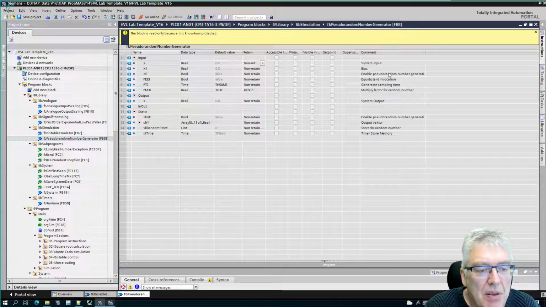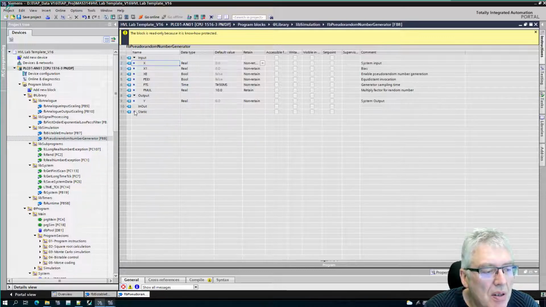Here you enable. If it's not enabled, the input is passed through to the output. And how often should this random output be